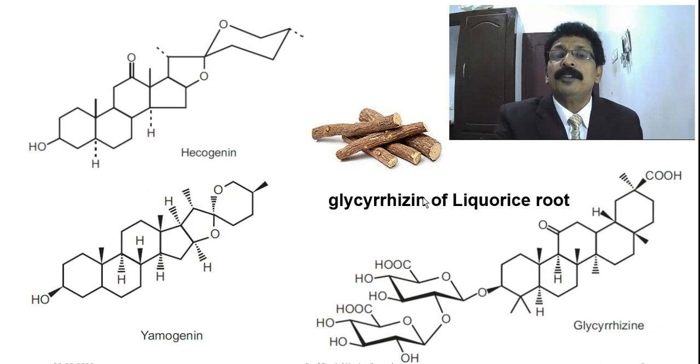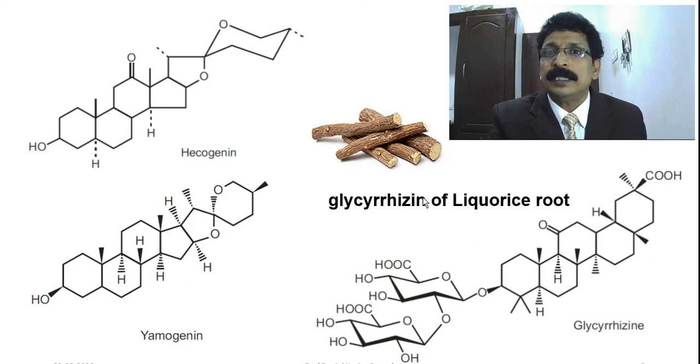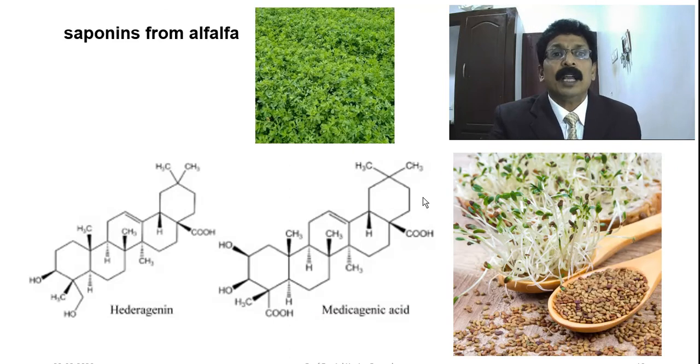Understand? So it will be easy for you to remember when you know these basic things of the structure while you are studying. It is easy for you to write and to impress the examiner when you write an exam paper. And now you see, alfalfa, as I told, is a very common plant. It is commonly used as horse and cattle feed, and it can be sprouted.